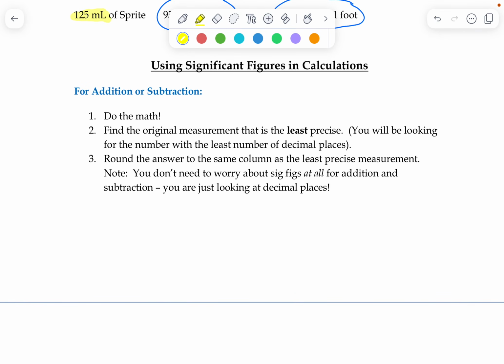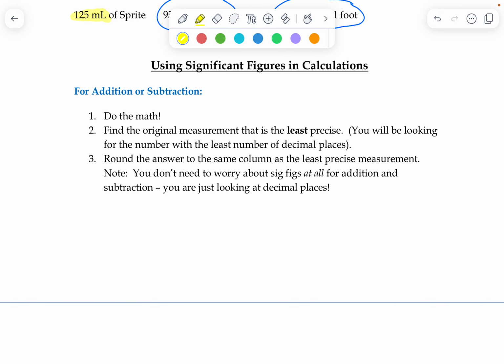Now you know what sig figs are, but what are you going to do with them? Well, as you might remember from your sophomore, junior years in chemistry, you do a lot of math. And so that's where your sig figs are really going to kick in. Every single time you do a math problem, you're going to use significant figures. So there's one set of rules for addition and subtraction, one set of rules for multiplication and division. You'll honestly use the multiplication division one much more than the addition subtraction one, but you do need to know